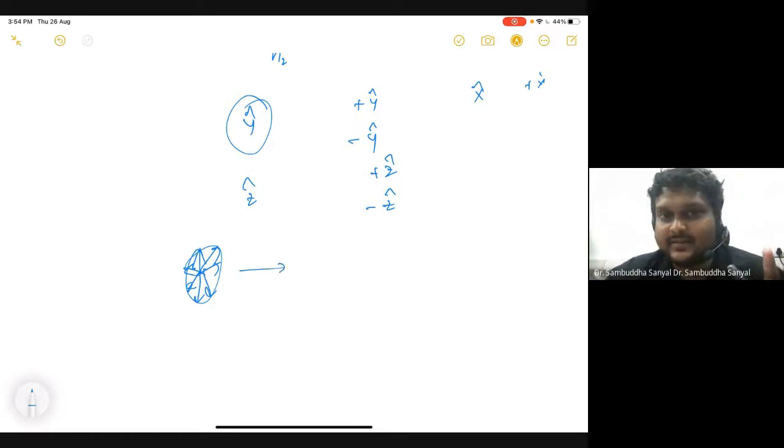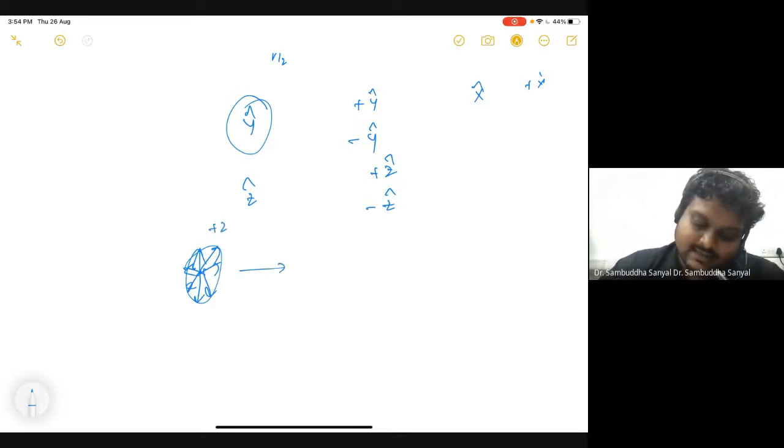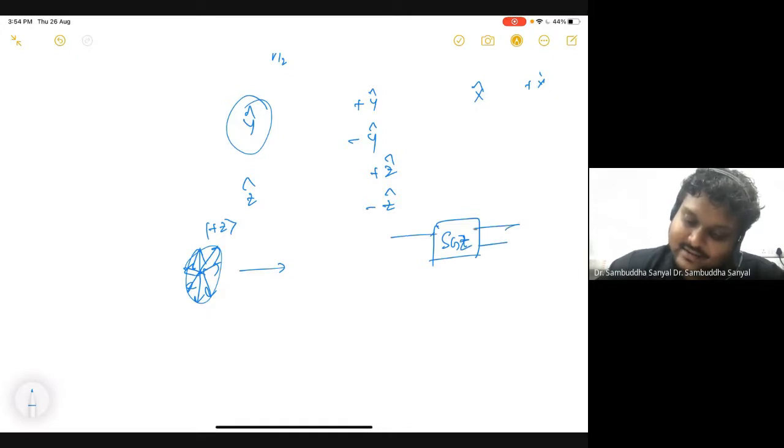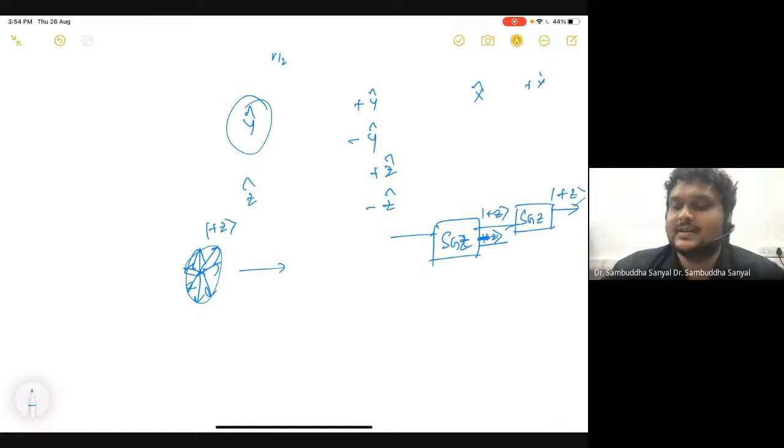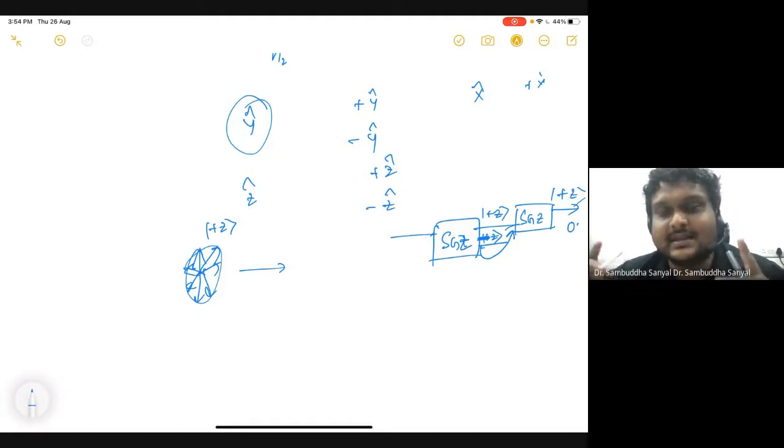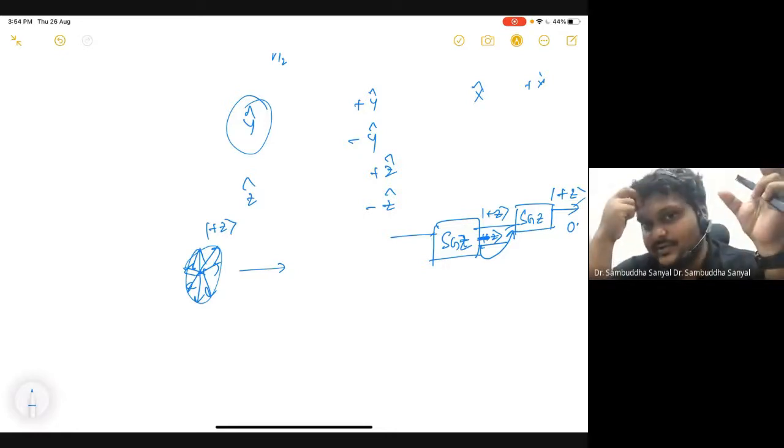So first of all, if that is true, then if this was plus z to begin with, that is why all these variants are very useful. If you do z and then z, you get 100% plus z. But if you would have taken minus z, you would have gotten 0% plus z. So that tells you first of all plus z and minus z are orthogonal. So let's try to explain it using your rotation picture.